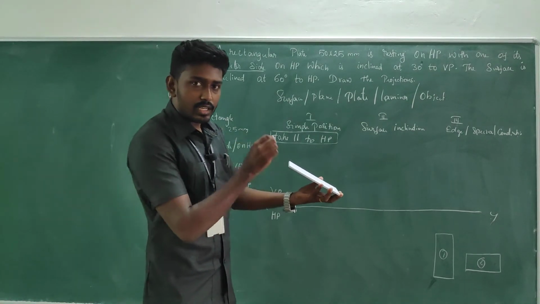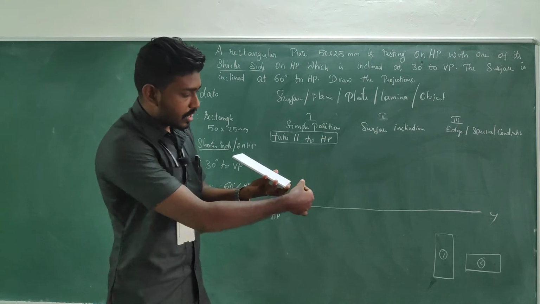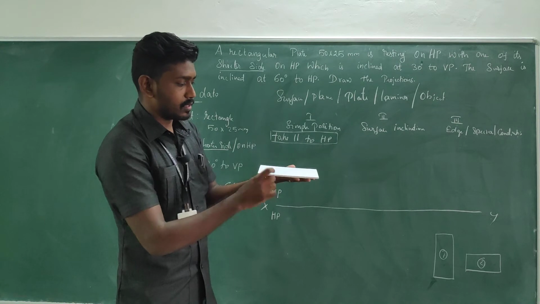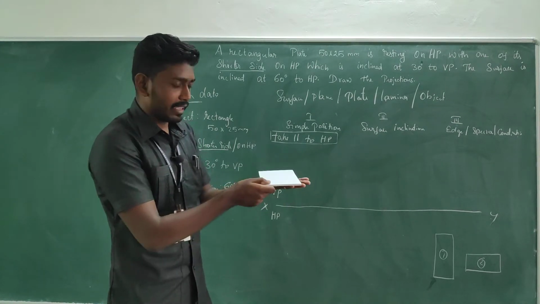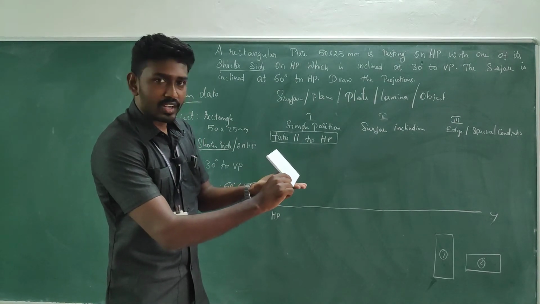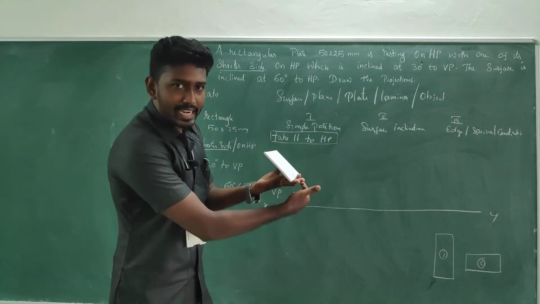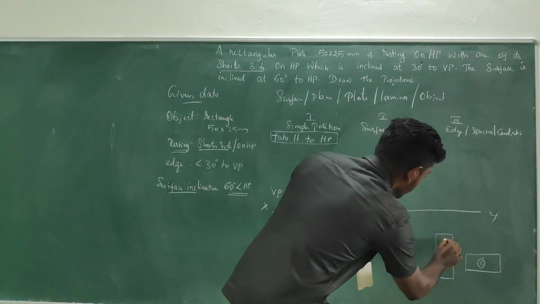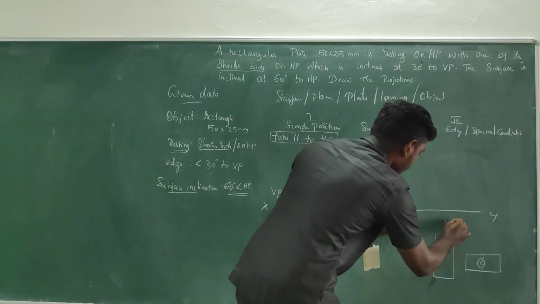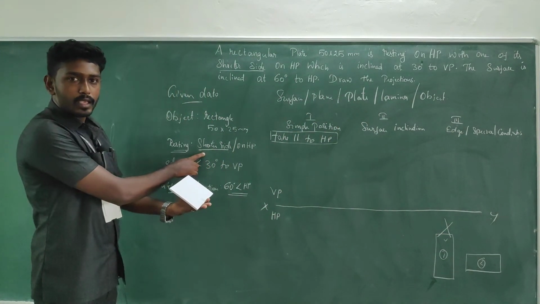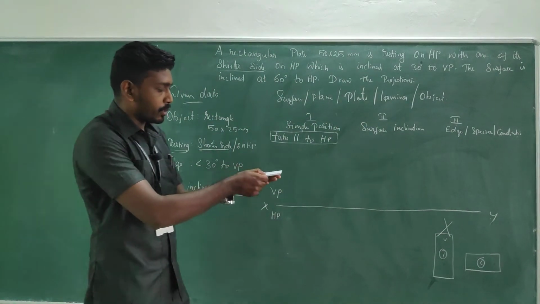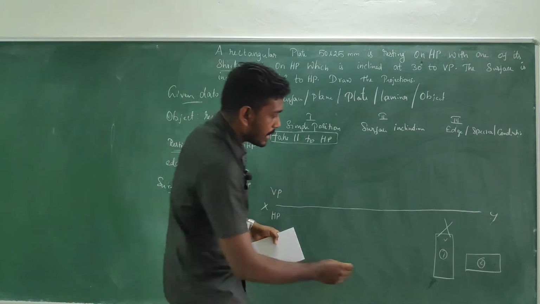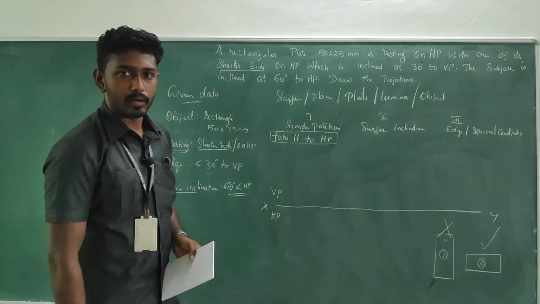So if the shorter side should be positioned on the HP plane, we have to keep the object something like this in the initial position. If we keep it like this, when you go with the surface inclination, the longer edge will rest on HP. So if you select the first one, your answer would be wrong as per the condition. If it is the shorter side, the position should be something like this so that it will rest on HP. So the second condition is the right one. Okay, fine.